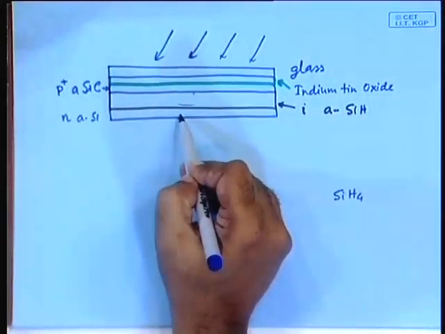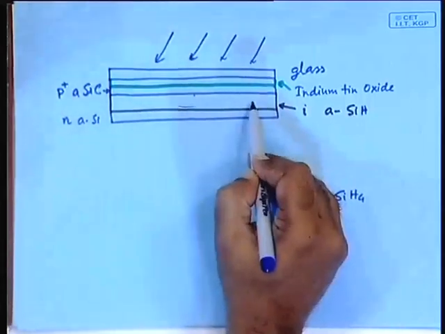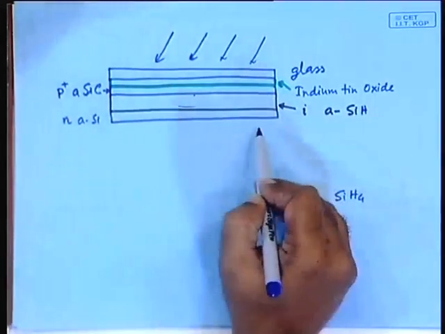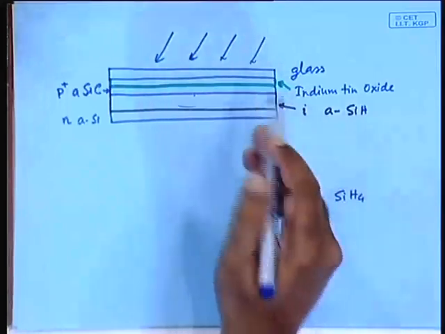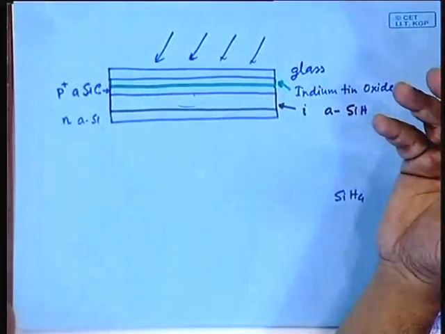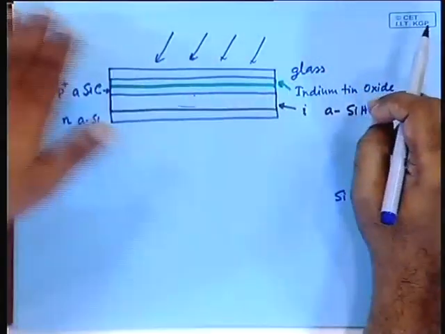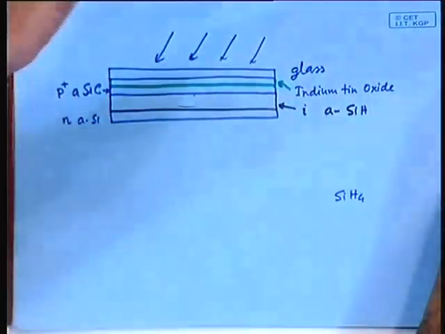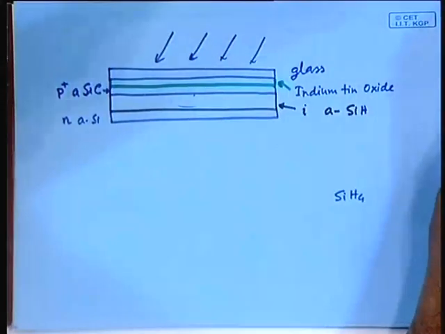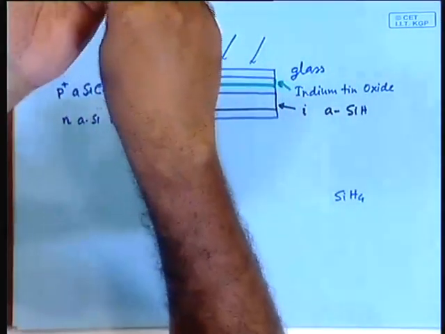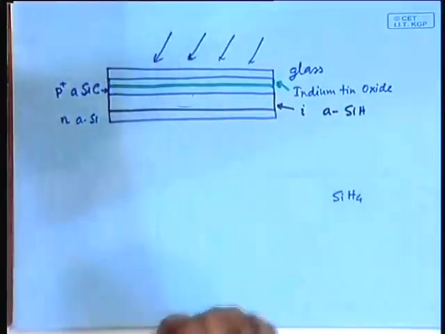Is that clear? So, it is necessary that this layer should be very thin. In fact, all these layers are very thin. So, these are all of micron level. So, the whole thing is very thin, but a layers after layers structure, and that is what you see in your calculator solar cells. In the calculator you see the solar cells, small solar cells, these are all amorphous silicon solar cells.